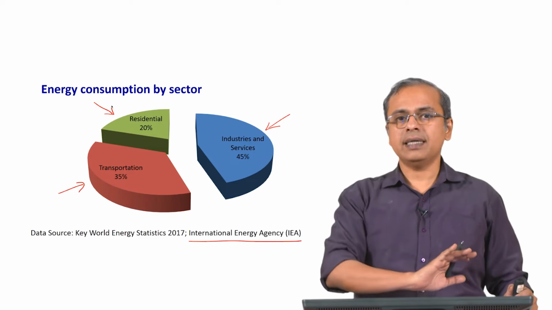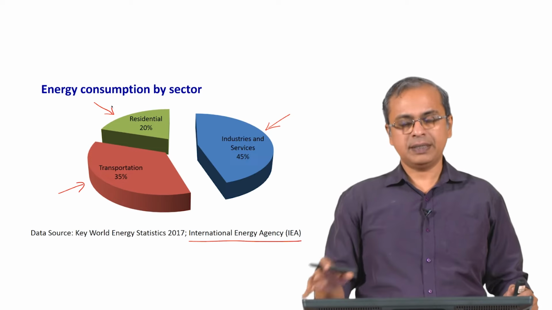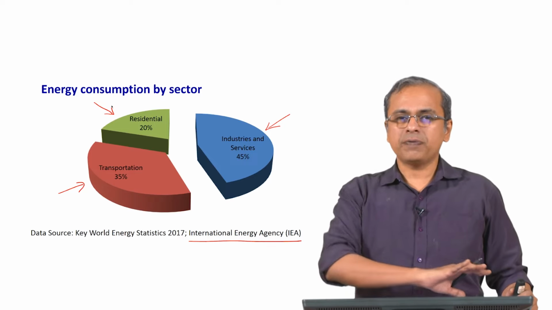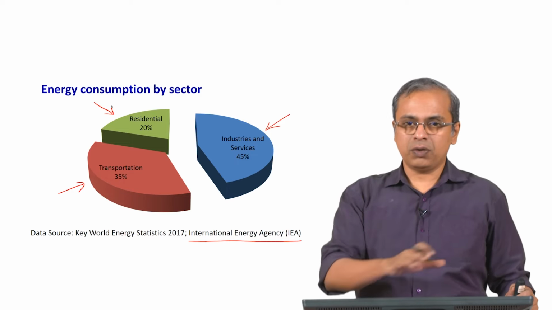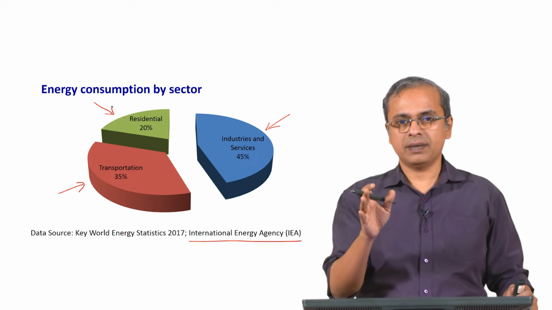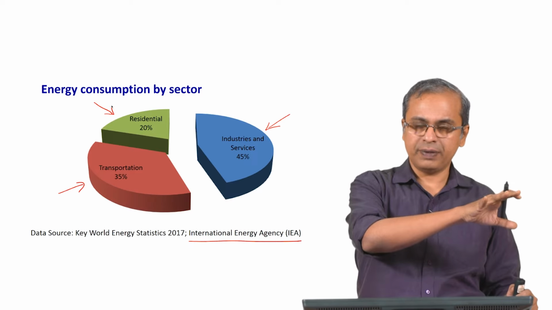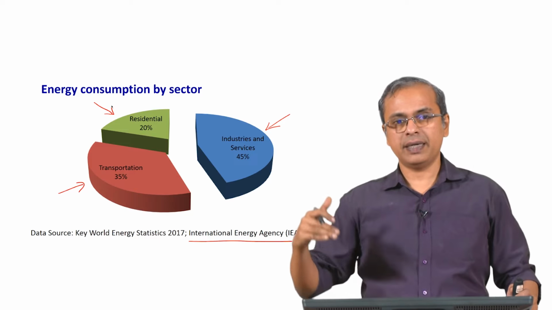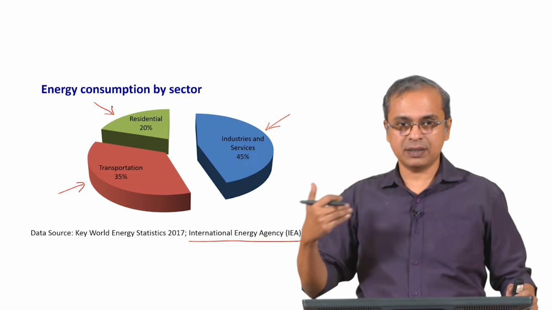As I mentioned before, and I will also mention here, this is the average, international average across the planet. You can see significant variations depending on whether it is a developed country or a developing country, underdeveloped country. So, you can see some variations on that basis.